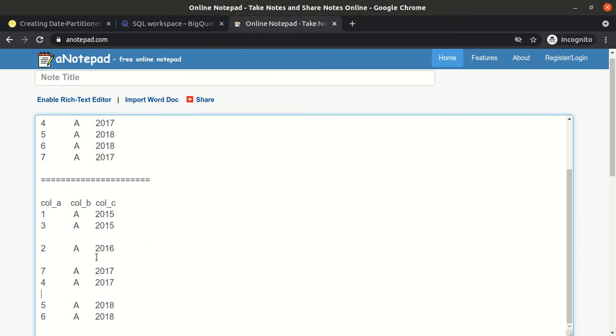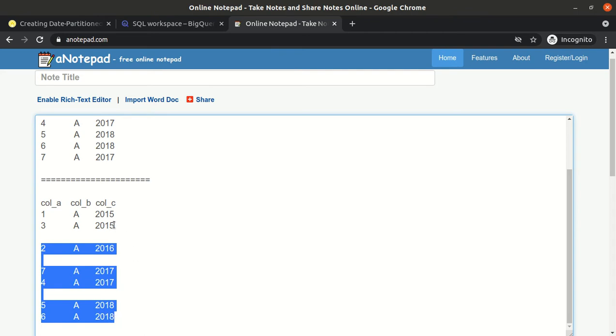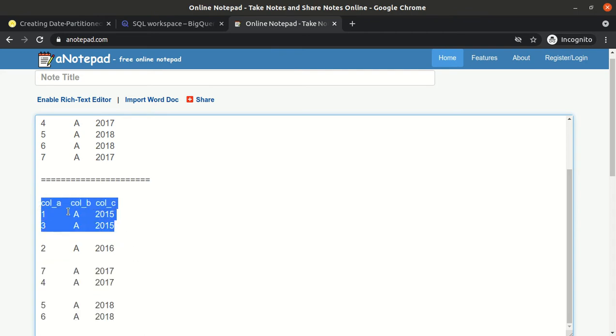So now, what we did is we partitioned on the basis of year. If we have to find the rows of 2015, our query will search only these two records, right? Our query will not even come into these other areas. So the first thing is that the query will run faster, and the second thing is that the query will process a very small section of the records, maybe some MB, like a very small section.